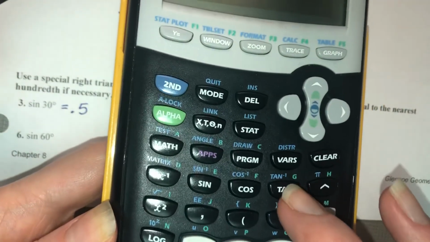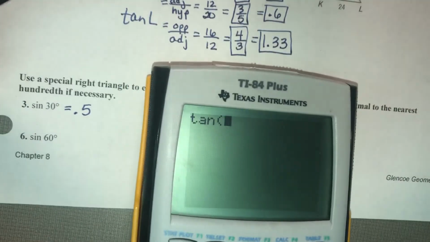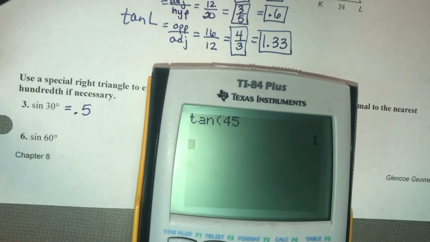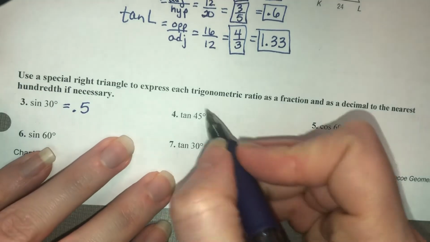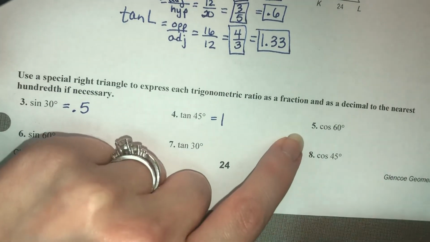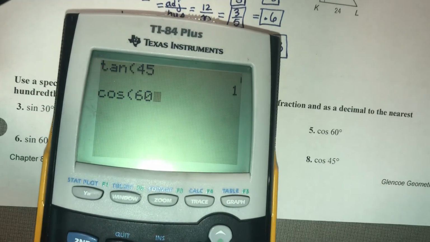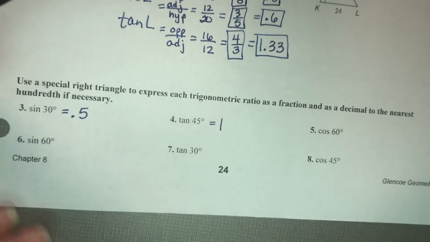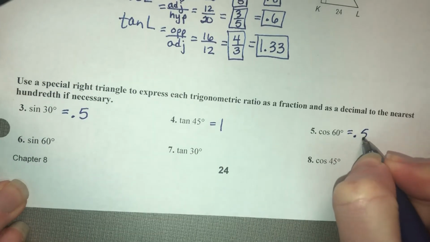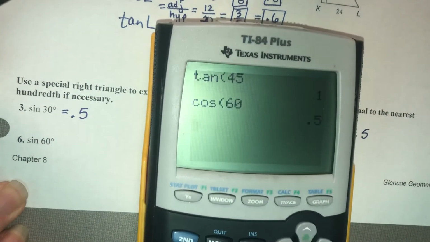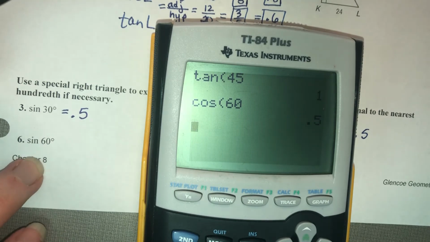Tangent of 45. So I'm going to hit the tangent button in my calculator, and then I'm going to type 45 and press enter, and it gives me 1. So this equals 1. Now we're going to do the cosine of 60. Cosine 60, enter, 0.5. Now we're going to do the sine of 60. Sine, 60,